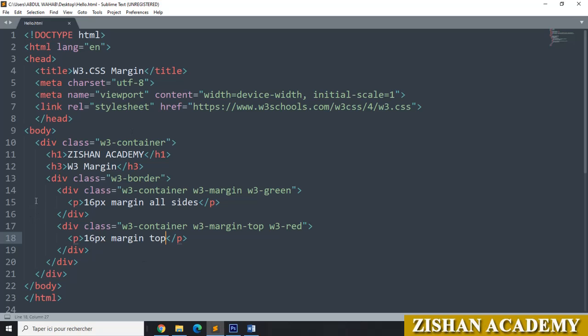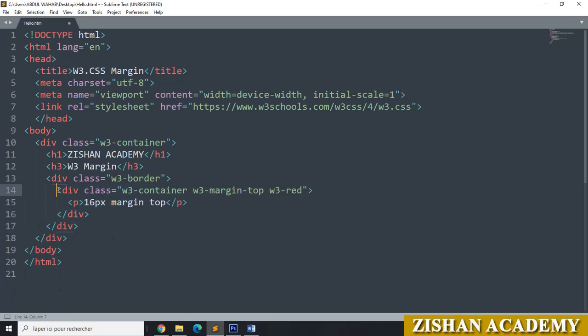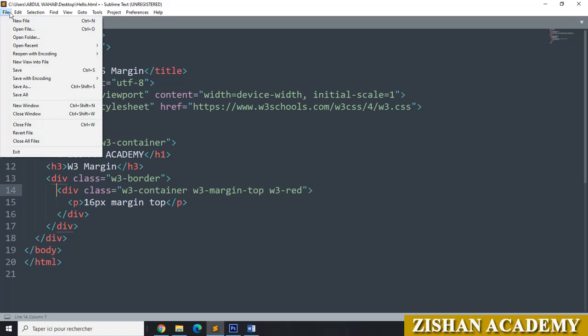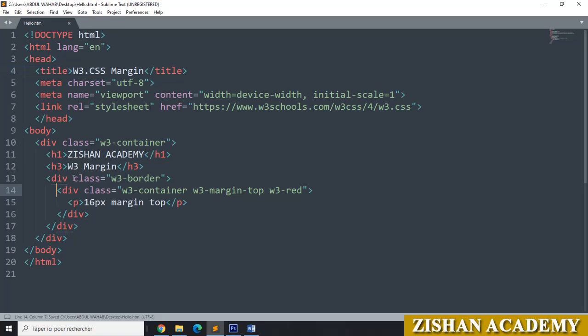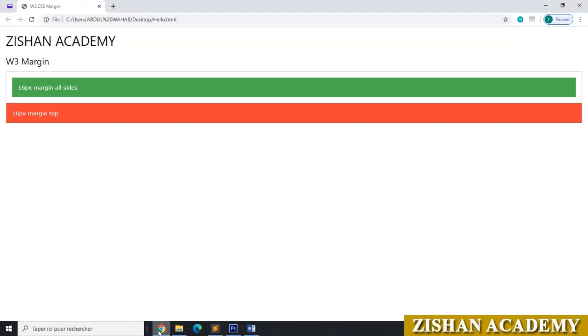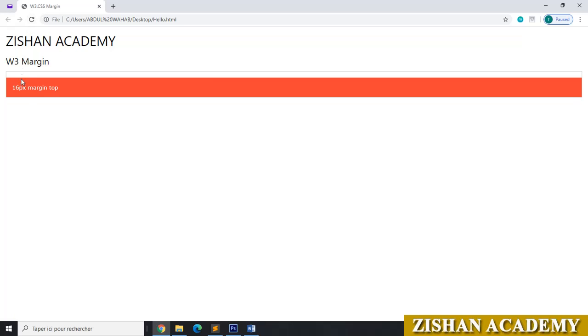Let us remove the first one here. Go to file, save this one. Now I will go to the browser, refresh it here. You can see now it's clearly here. Here we got 16 pixel margin at the top and left 0, here also 0 and here also 0.